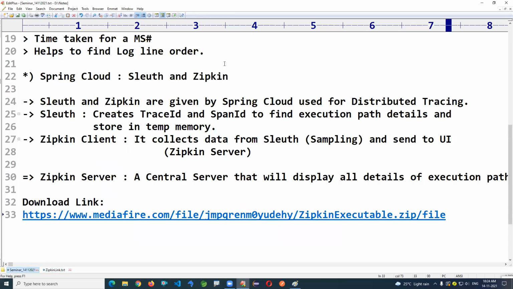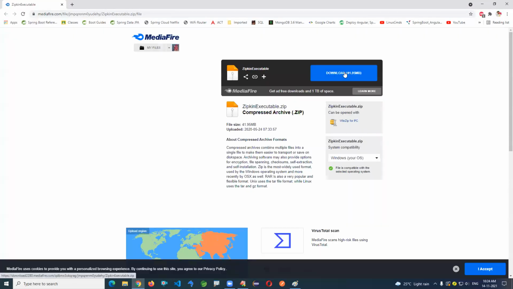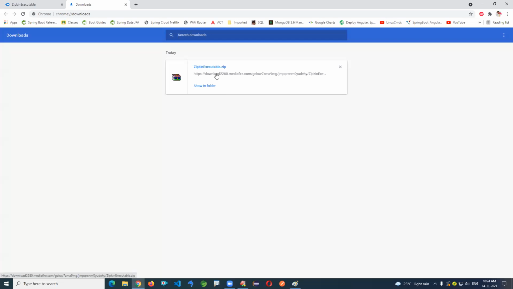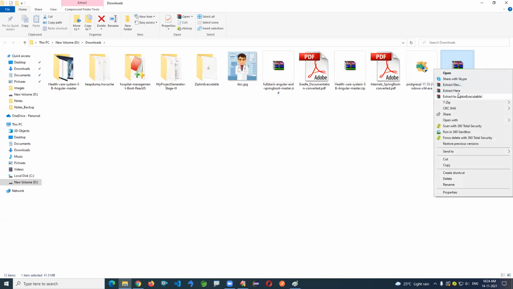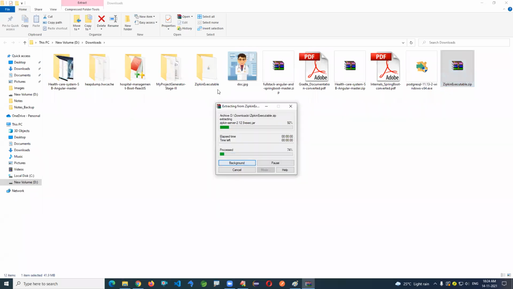You can click on this link and download. It will be downloaded as an executable zip. Go to that location and extract it.